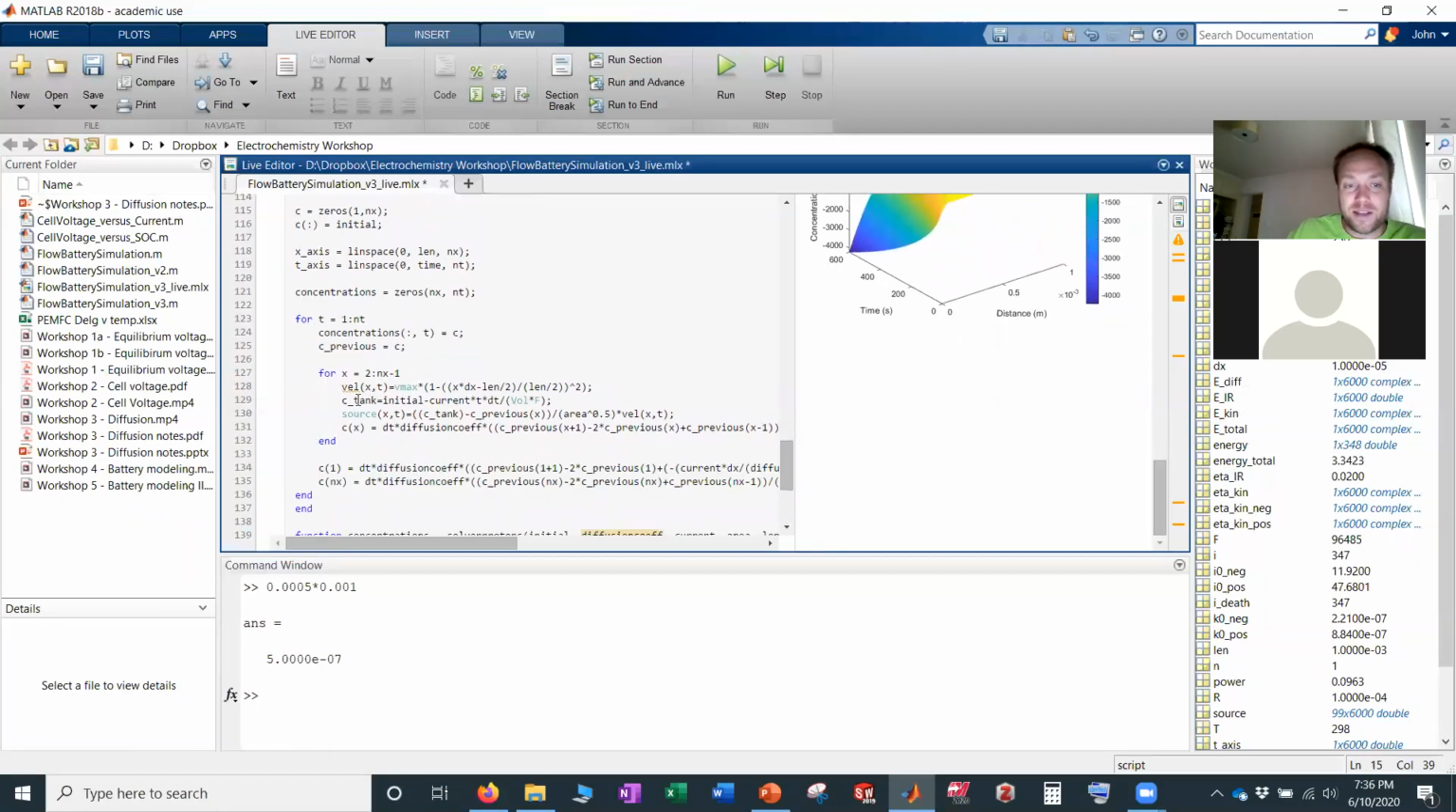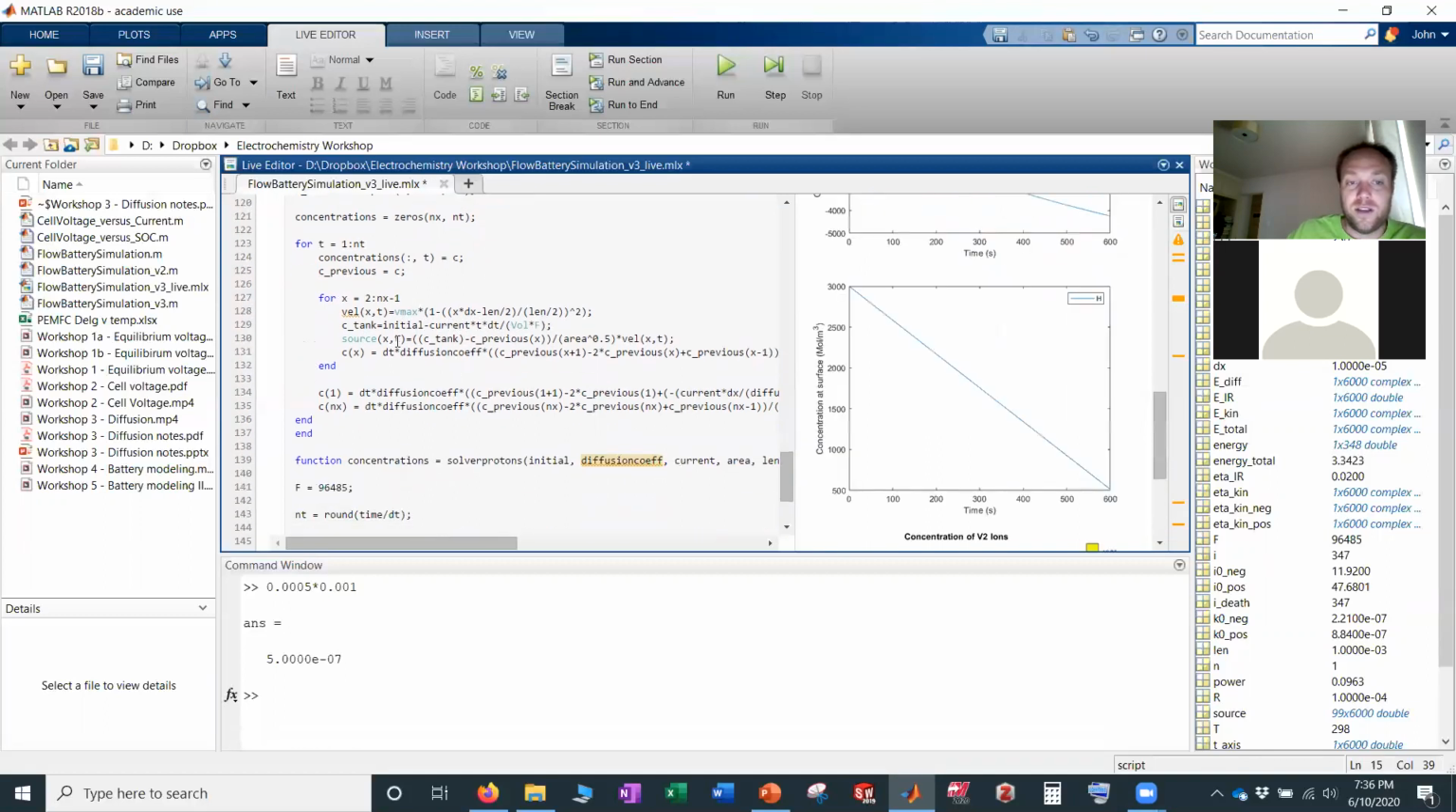And then the C of the tank, so this is the initial minus the current times T, where T is not the actual time, but T times dt, divided by volume times F. So that's what I just showed. And then the source term is just these two multiplied together, right? So we said this was just going to be